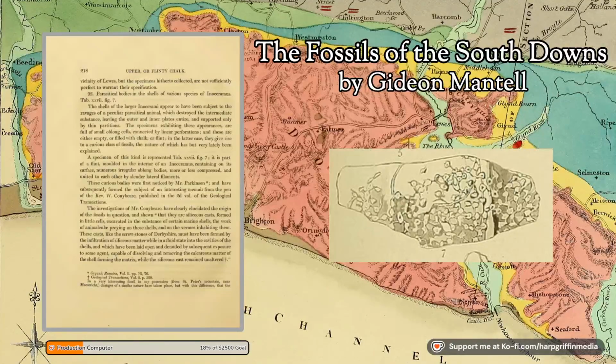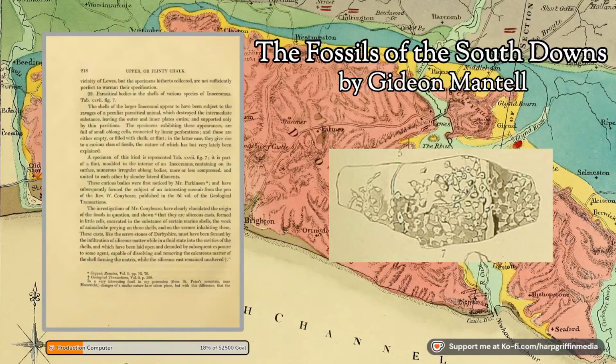The investigations of Mr. Conybeare have clearly elucidated the origin of the fossils in question, and shown that they are siliceous casts, formed in little cells, excavated in the substance of certain marine shells, the work of animalculae preying on those shells and on the vermes inhabiting them. These casts, like the screwstones of Derbyshire, must have been formed by the infiltration of siliceous